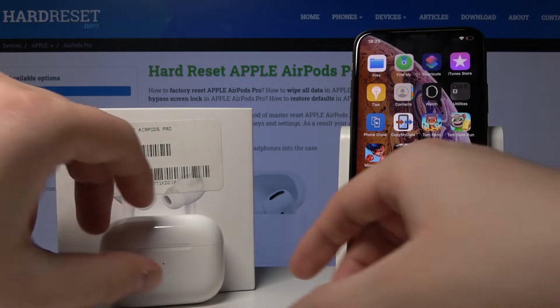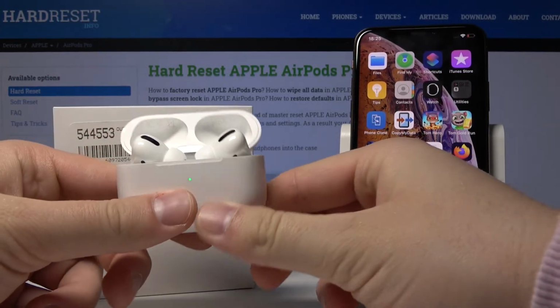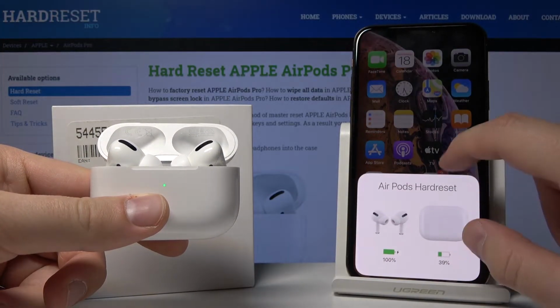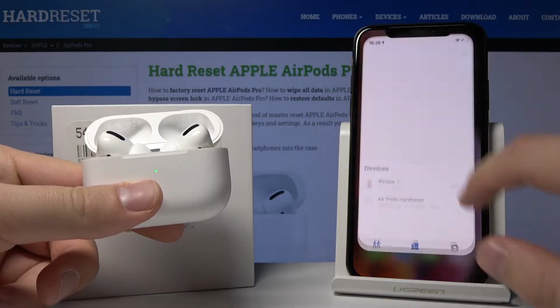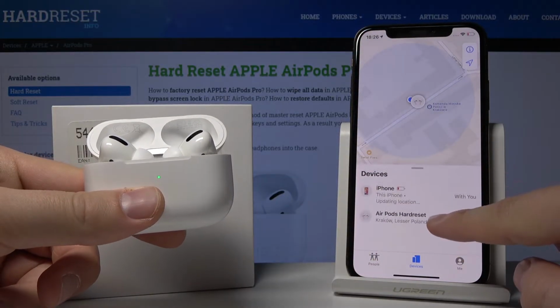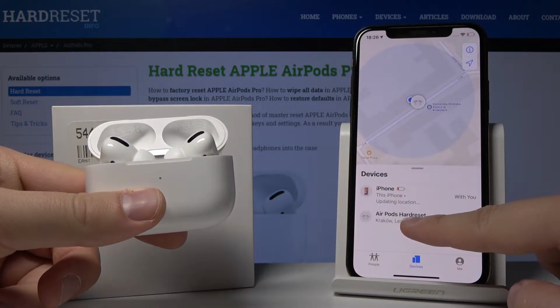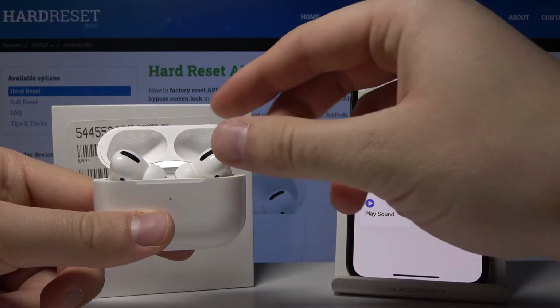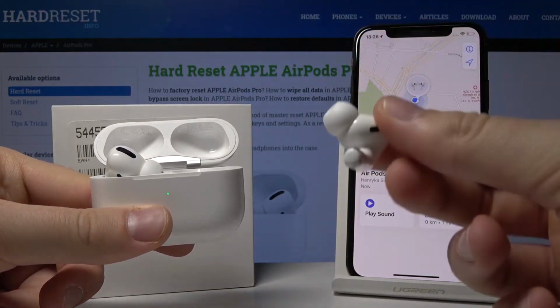So first, we have to open the AirPods Pro case to connect them to the iPhone, and now we have to move to the Find My application. As you can see, there are our AirPods, so enter, and for example, if you drop the right AirPod,